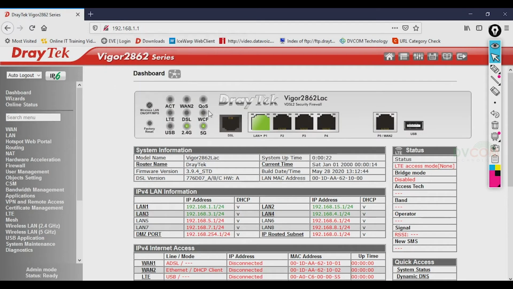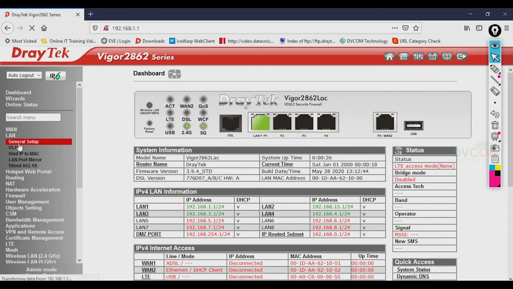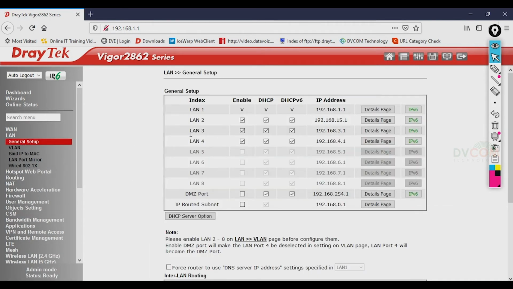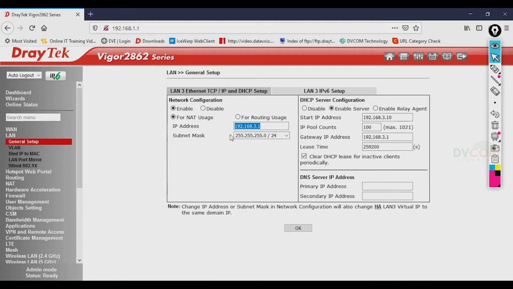Then after that, don't save it. Now go to the LAN, click on the general setup. Now I want to change it to LAN 3. So LAN 3, which is connected to my port number 3, right guys? Port number 1, port number 2 and port number 3. Keep that in mind. So details page and change it as